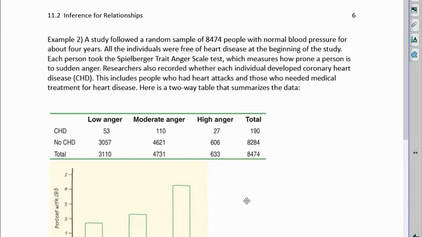So we want to know if there's some kind of an association between heart disease and the anger level for people. So this is going to be a test for association independence,